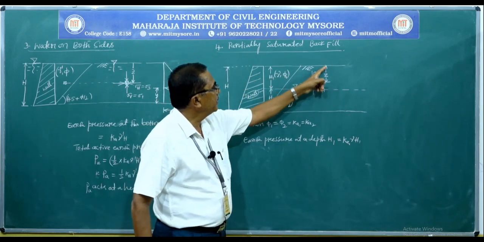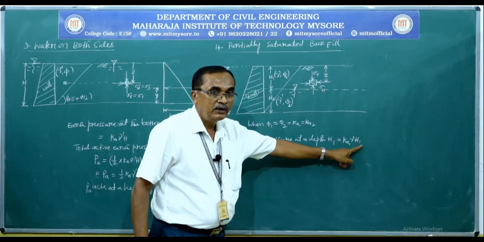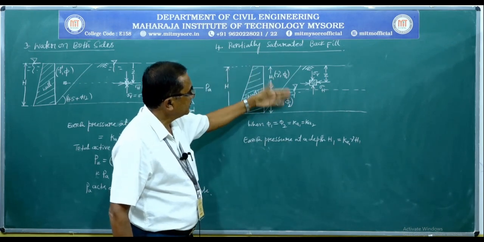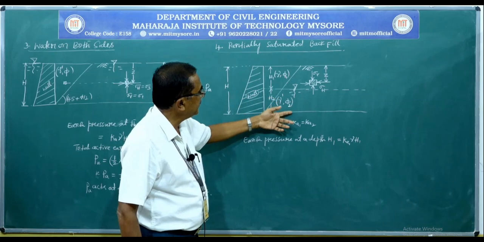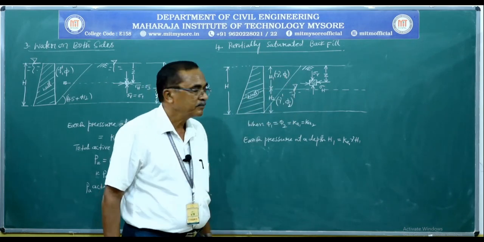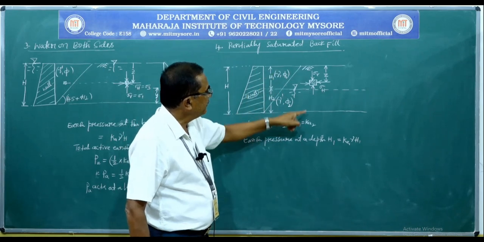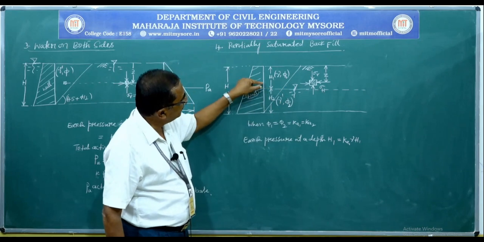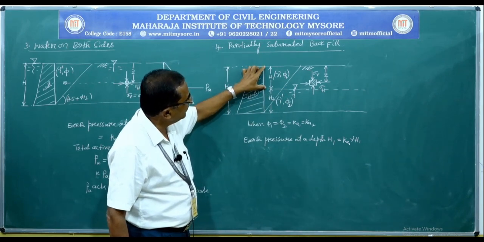Pressure at depth H1 is equal to Ka1 into gamma into H1. See here, when we consider two layers, actually this is two layers. Though the soil is the same, because of the water table, this becomes two layers. So next, when we consider the second layer,